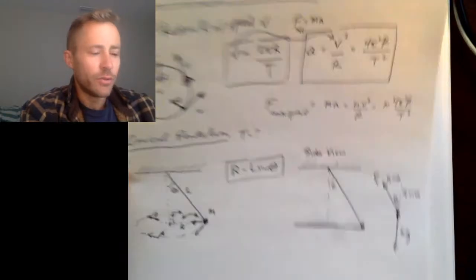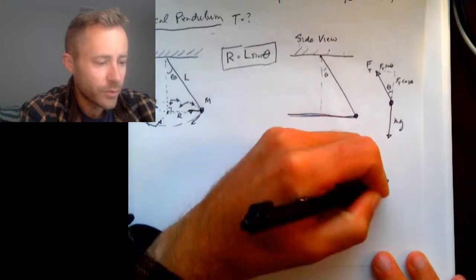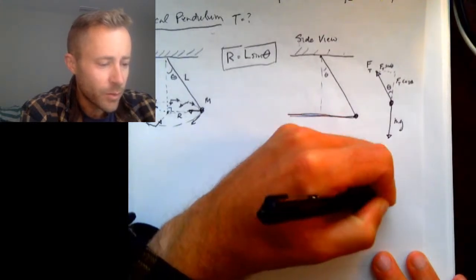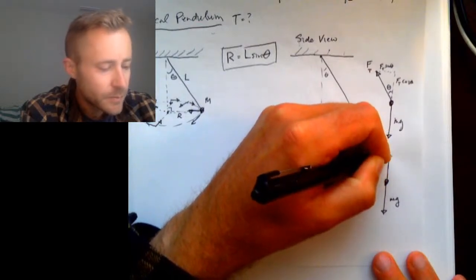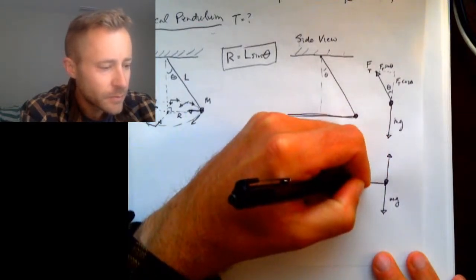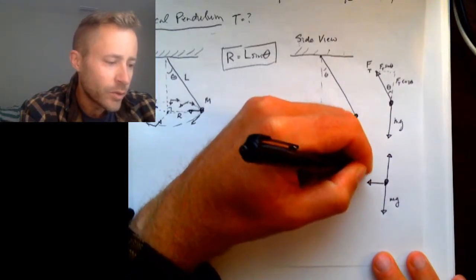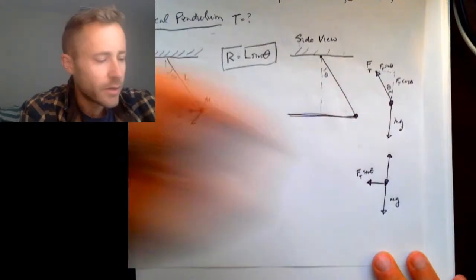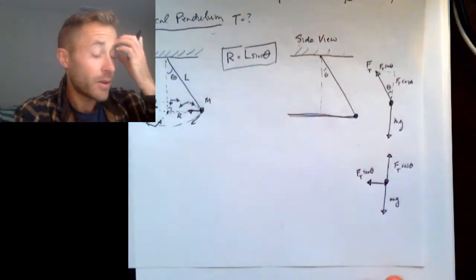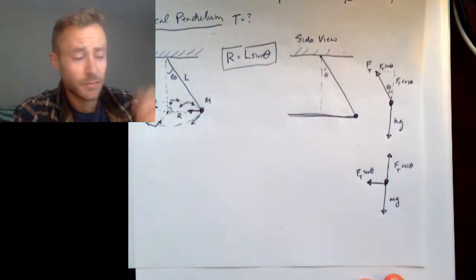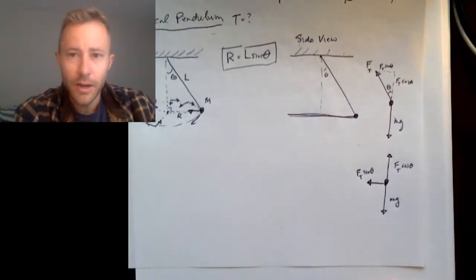So I am going to redraw my free body diagram, this time with all of the forces being vertical or horizontal. Here is the horizontal part of the tension. Here is the vertical part of the tension. So now we need to apply